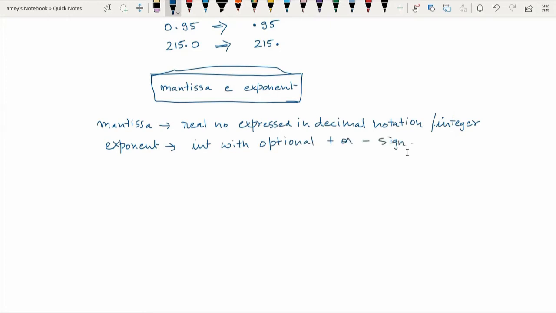Also this E here, you can just see this E, it basically notifies that it is base 10.